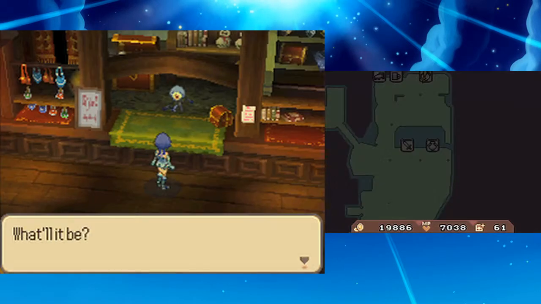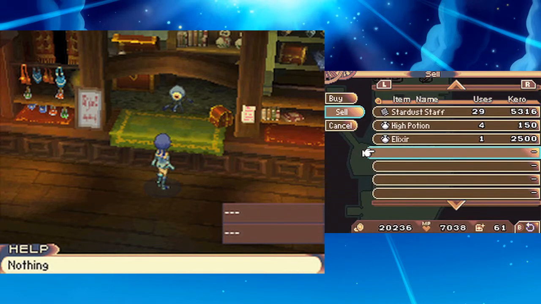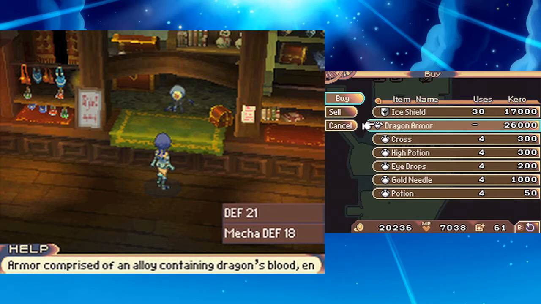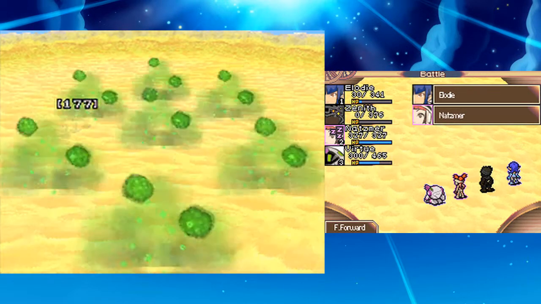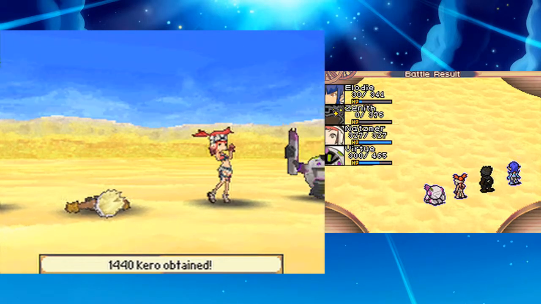Let's see, now that I have those gold gloves, I can sell those to squeeze out a little bit more money, but it's still not going to be even remotely enough to get me to the point of buying a dragon armor. So I guess what I'm going to do is get in enough fights to gather 6,000 Kiro and then come back and buy a dragon armor. Okay, that was the 3rd encounter I got in, and that gave me just enough money to be able to